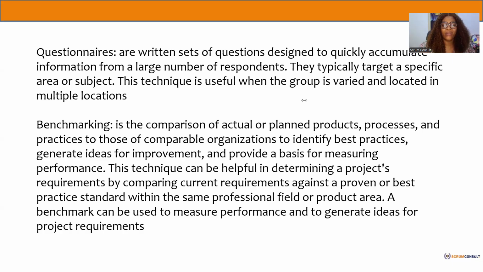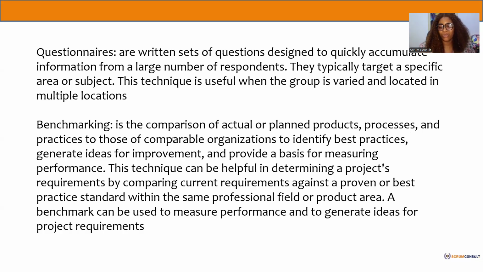That is variance. When you are looking at plan versus actual, I think that should be classified as variance. Variance is the difference: what did you plan, and what did you actually get? Benchmarking, in terms of elicitation, is when you are trying to compare processes and everything.